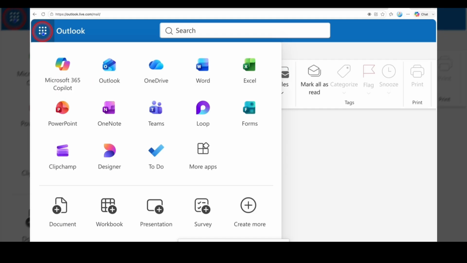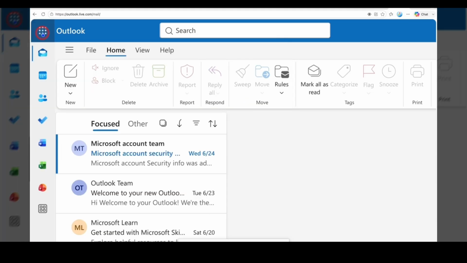When you click that, you can see the Microsoft 365 Copilot, Outlook, OneDrive, Word, Excel, PowerPoint, OneNote, Teams, and so on. Click it again, and below that is the icon of mail.